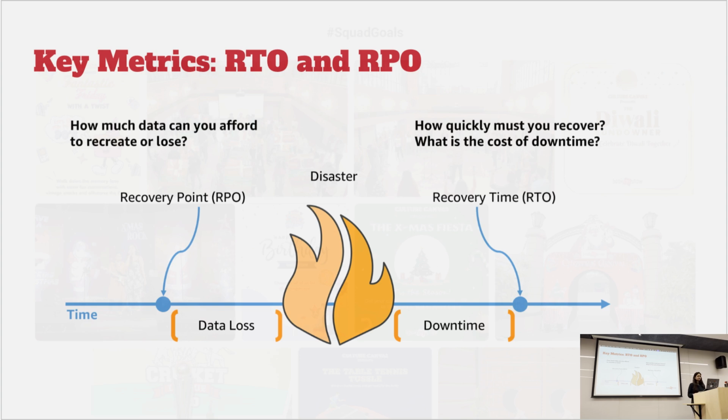Now the question arises: who defines these RTOs and RPOs? You know that you might take 10 to 15 minutes to bounce back, or you can lose up to 1 hour or 2 hours of data, right? But who defines these? It is the business people of your organization. For example, they might say you can lose up to 1 hour of data, that would be your RPO. And the maximum time you can be down is 15 minutes, that will be your RTO.